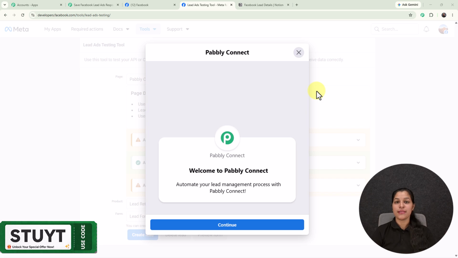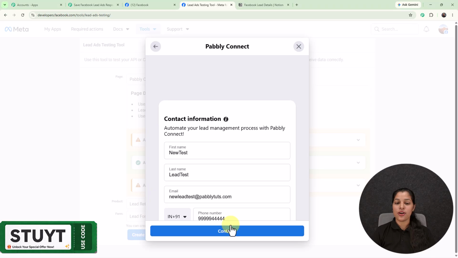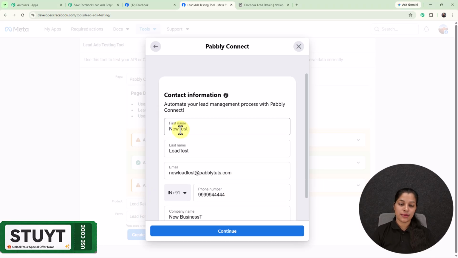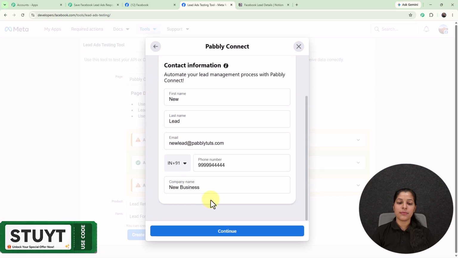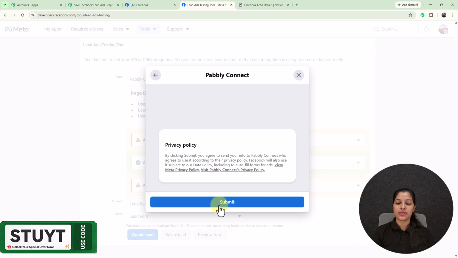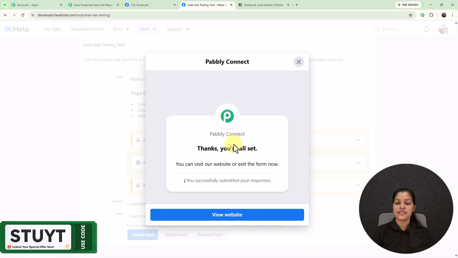Let me show you something amazing. So right here I'm going to fill my Facebook lead ads form. Here I'm on this form which I'm going to fill. I have filled this form providing the first name, new, last name, lead, email, phone number and the company name. Now let's click on the continue and submit button for submitting our Facebook lead ads form, which is